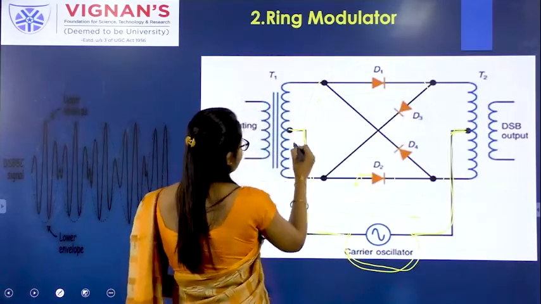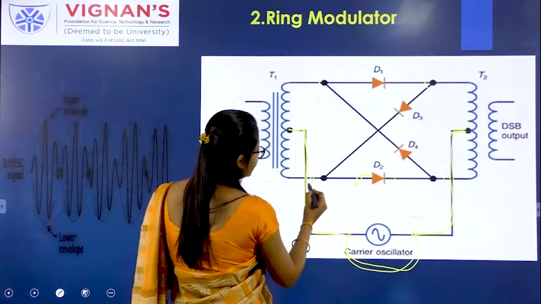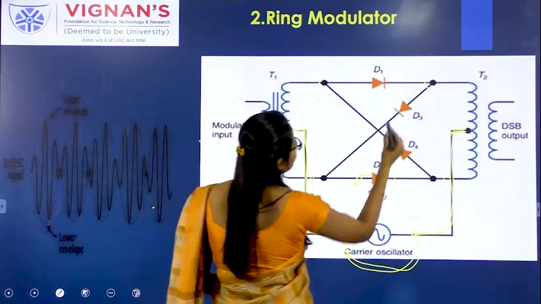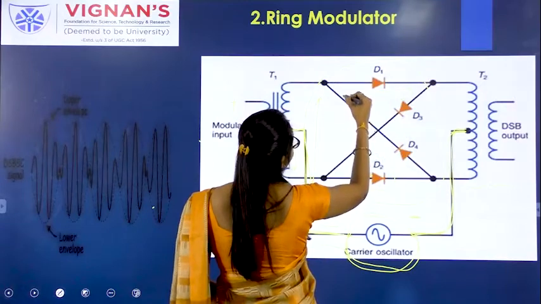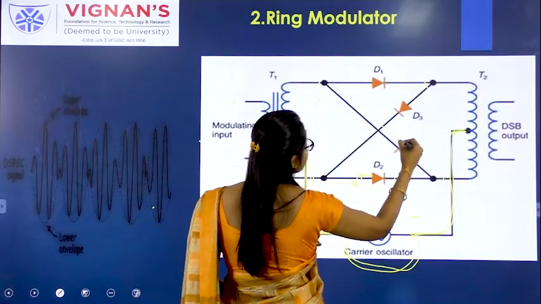So here there is a change in direction, and after flowing here it will flow like this.